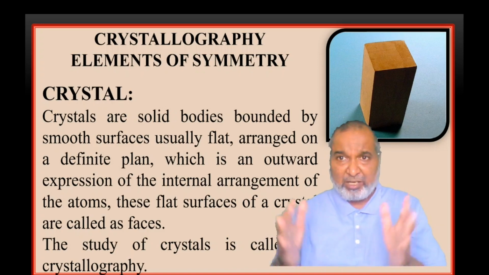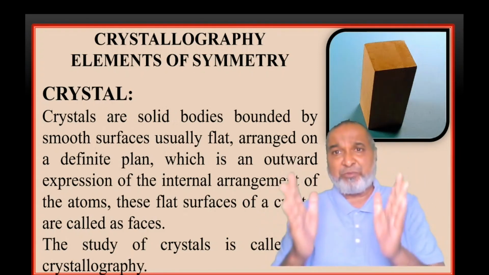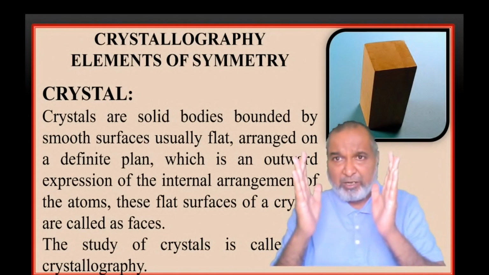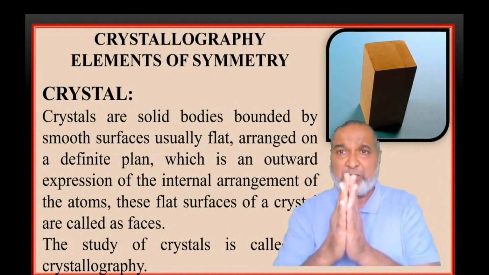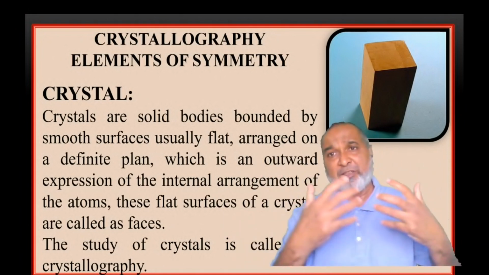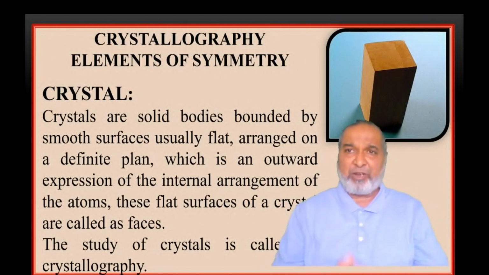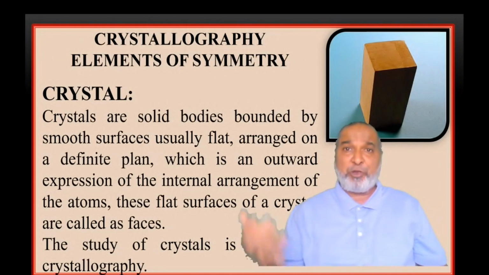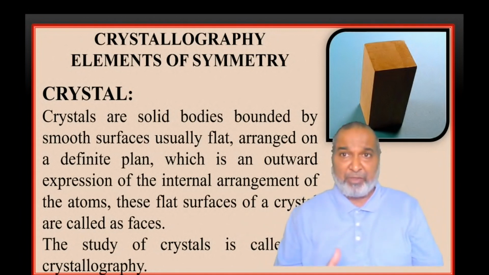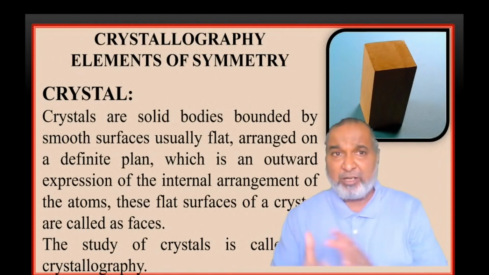And what are crystals? Crystals are solid bodies having a form with edges, faces, corners, having a definite shape or size, and it shows the external appearance of whatever the internal arrangement of the atoms is, reflected in the form of the surface, and that will be the crystal. And when you are going to study crystallography, we want to study the crystal in a systematic way. So here the elements of symmetry, that is the next one.